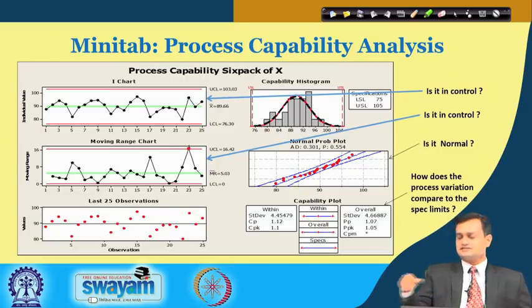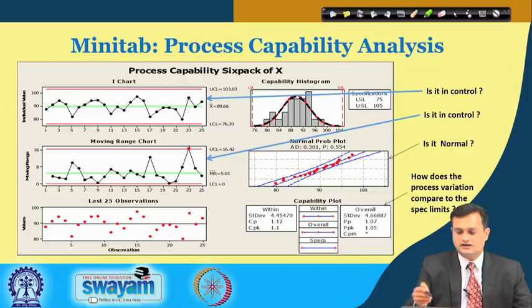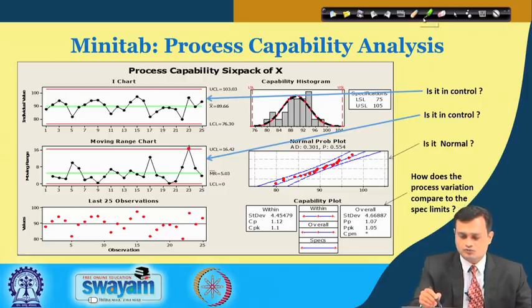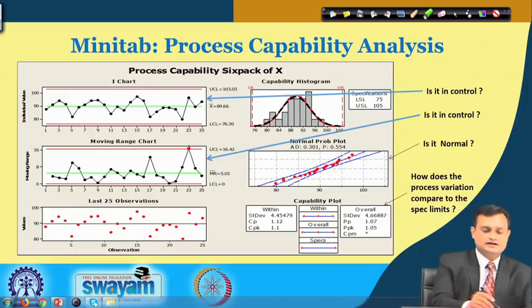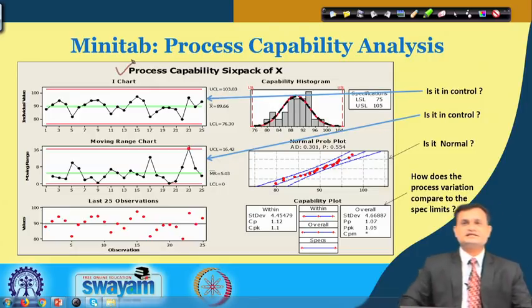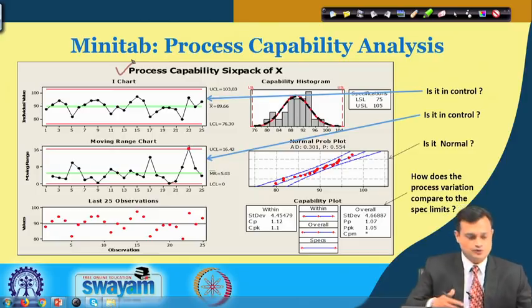So, just see this and you will find it interesting what outputs your typical Minitab will generate when you press OK and select the process capability six-pack analysis. Six-pack here means you will have six different result analyses presented, and all are very much useful.